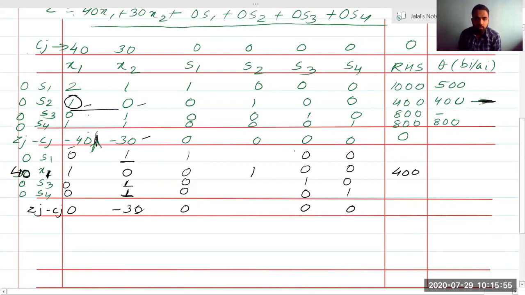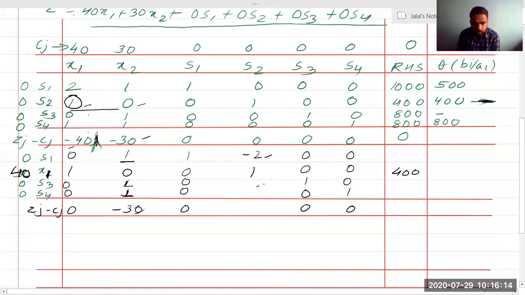Okay, so we have got some value. Now we need to find this value. To find this value, we will look at the upper table. 1 into 0 minus 2 into 1 divided by 1. Since we will divide it by the key element and the key element is 1, we will get minus 2 here.